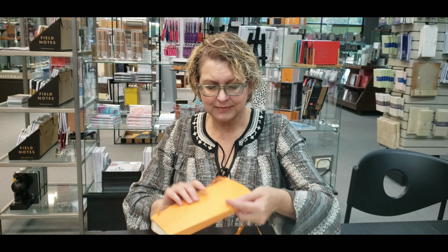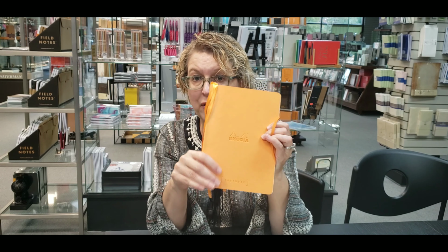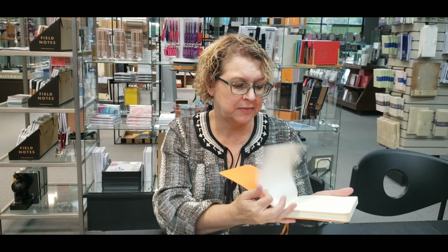A bullet journal is going to help you keep organized, help you improve the details of your life if you really want to make some changes. And it's a way to do it on a day-to-day basis. So this example is the Rodeo Goal book. We're using the one in orange here. And the January month,